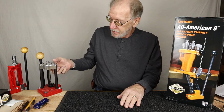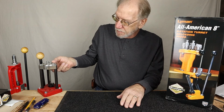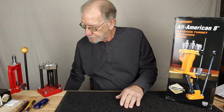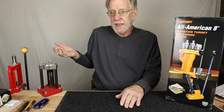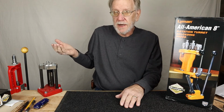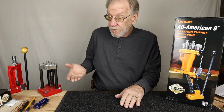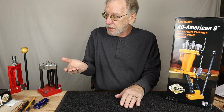I found that in the turret head, as you can hear, there's play. And when I measured it, there's about 13 thousandths play there. So what I think's happening is, as I raise the ram, the momentum of the cartridge going into the seating die is lifting the turret, and depending on how fast or slow I raise the ram is going to determine how fast or slow the turret accelerates, which is going to